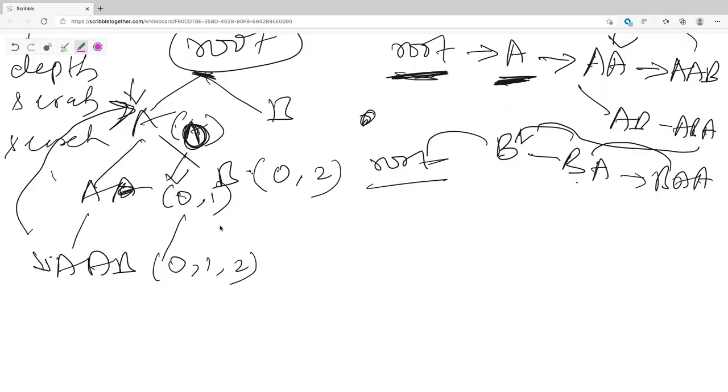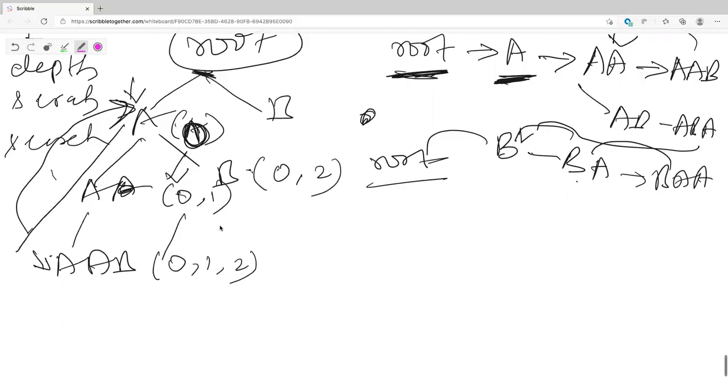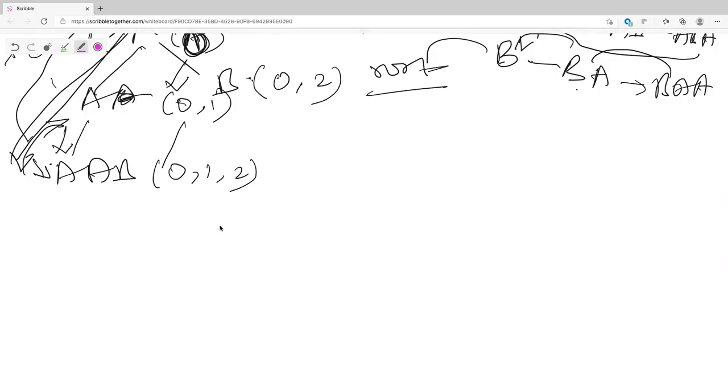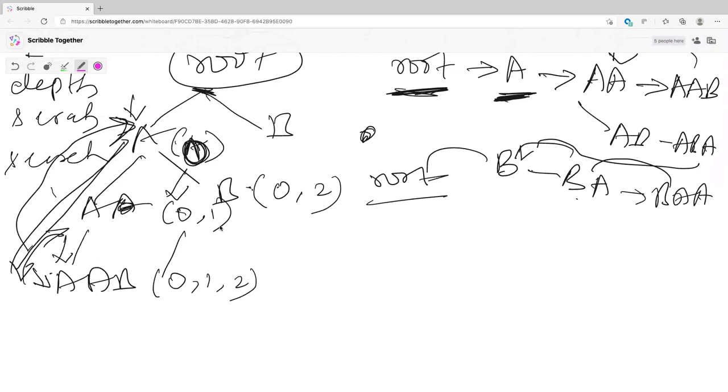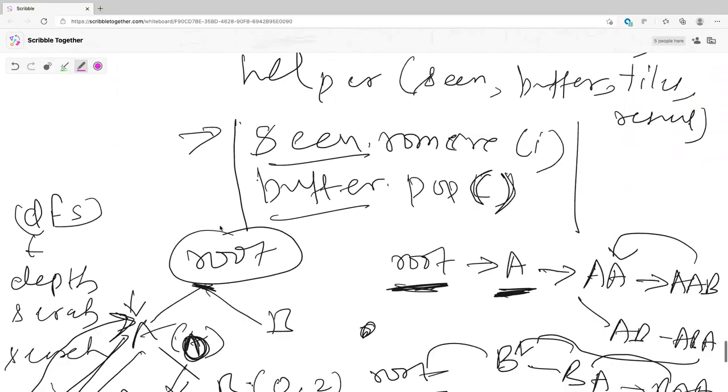So we are using a scene variable, right? We go down here. As we are going up, whatever we are adding, we are removing. We are undoing that DFS call. Is that understood? So before we do a DFS call, we are adding to the scene variable so that we have started a new DFS. But as soon as the DFS call is done, when we go to the leaf and we are back, we undo whatever we added for the DFS call. So that's the reason we are removing from the scene variable. Is it also understood?